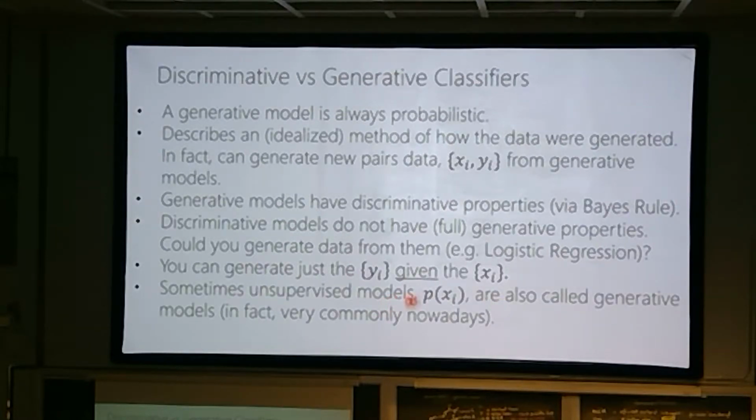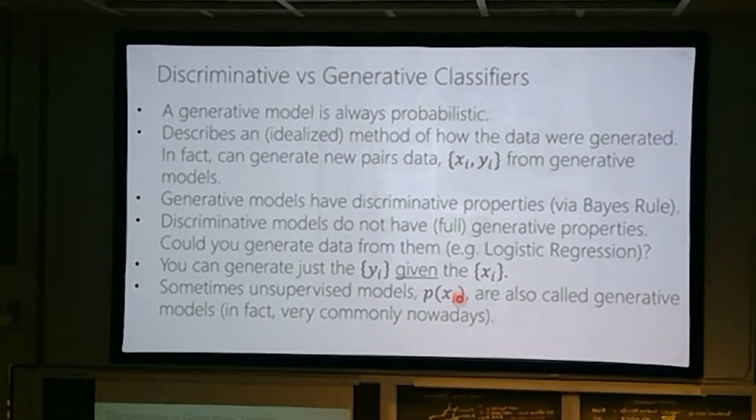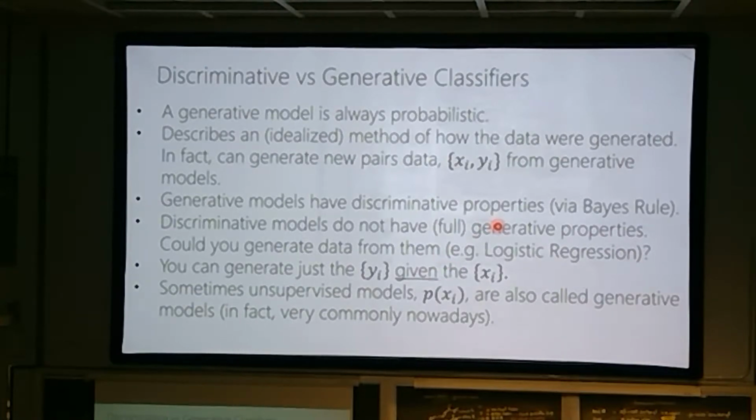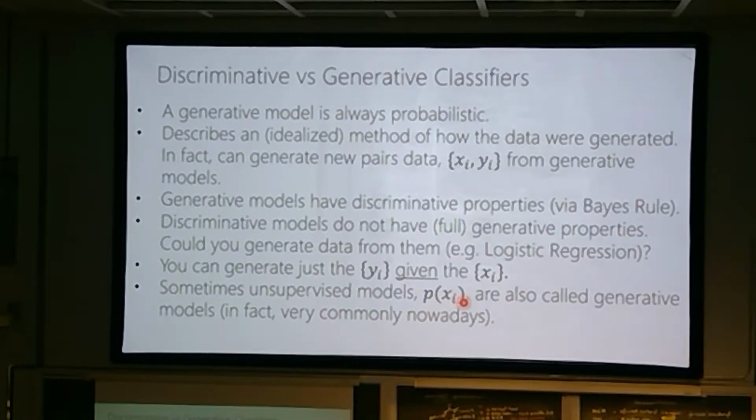Okay, and sometimes this also gets confusing. As the years go by, the lingo shifts a little bit, and right now it's very common to call unsupervised models, for which you're modeling the density over, say, a bunch of images and ignoring the label, so it's completely unsupervised, generative models as well. That's a little confusing. So in this lecture, when I say generative model, again, I mean a supervised problem where we're doing classification. But just so that you know, in case you're reading on the side or take other courses, you'll also hear this word used for just P of X, where there's no notion of a Y.